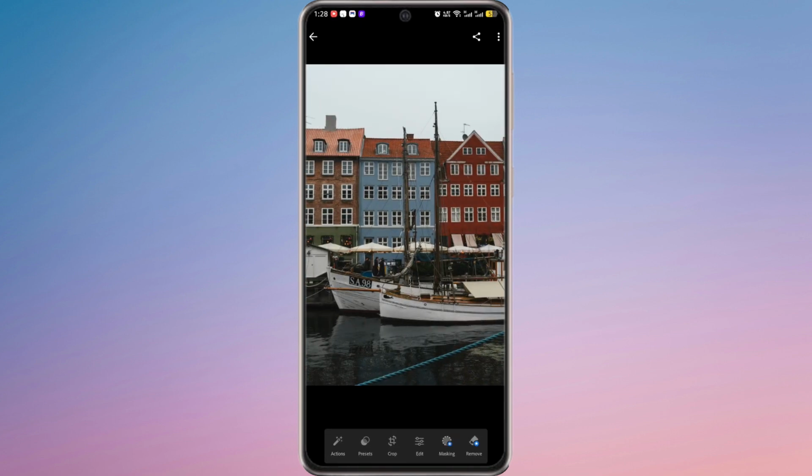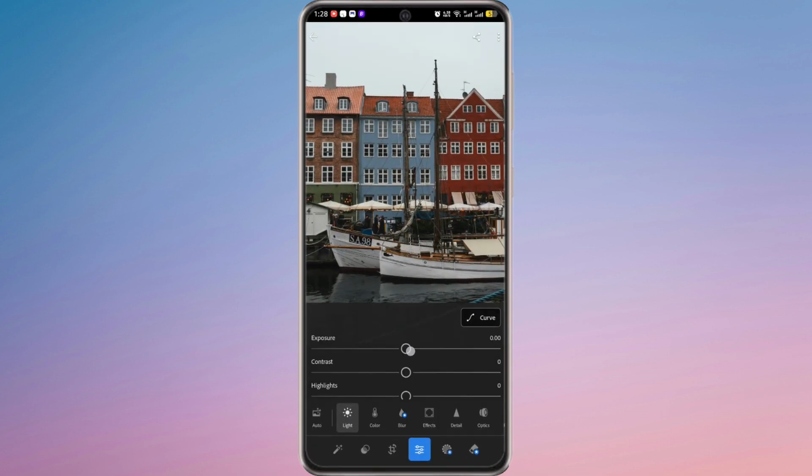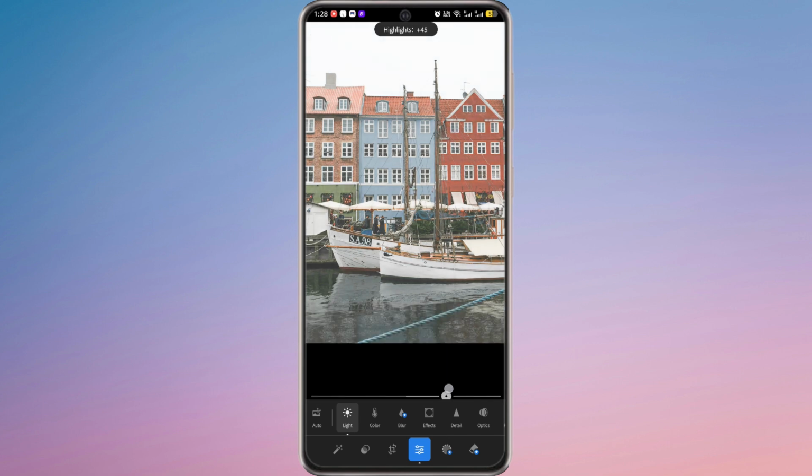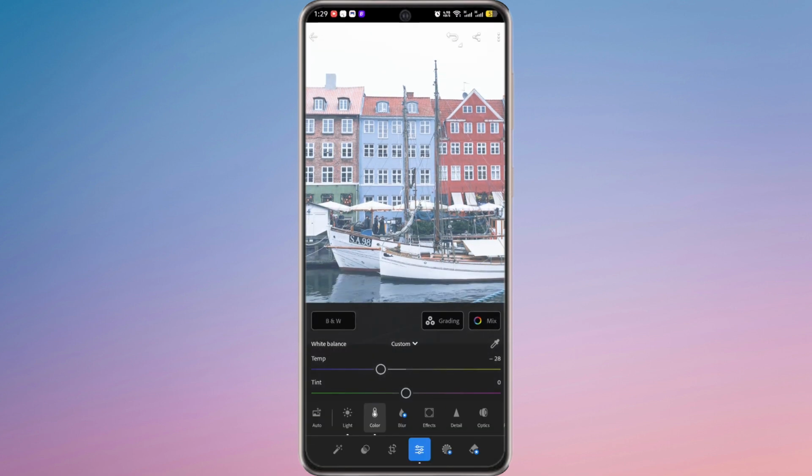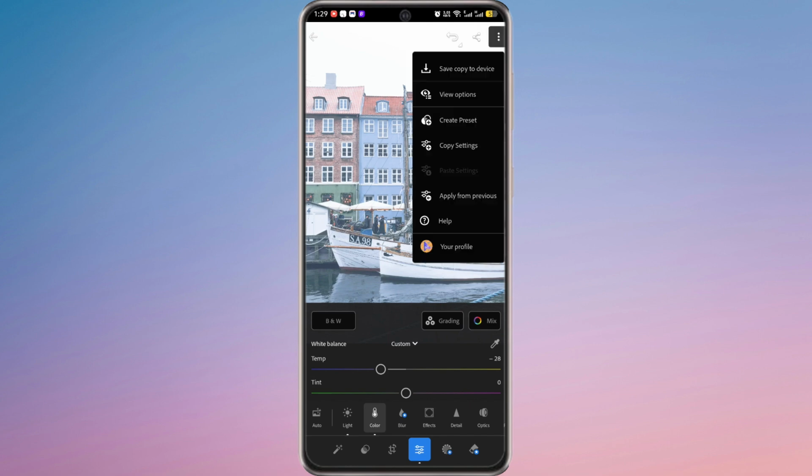Make all the adjustments you like, including exposure, contrast, highlights, shadows, saturation and color grading until the photo looks perfect. Once you are happy with your edits, tap the three dots at the top right corner of the screen, then